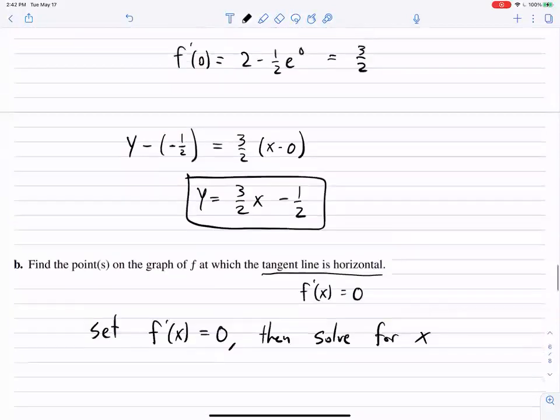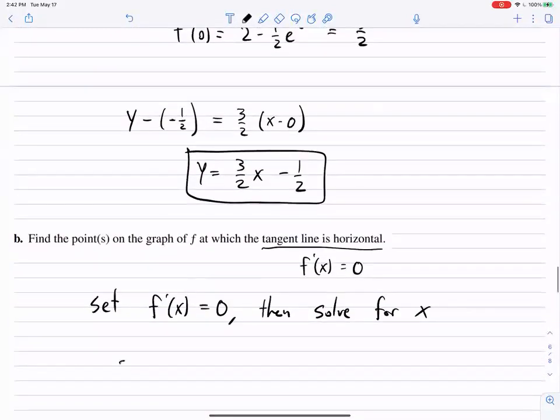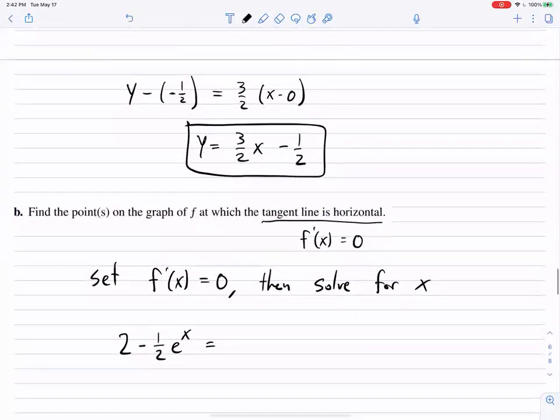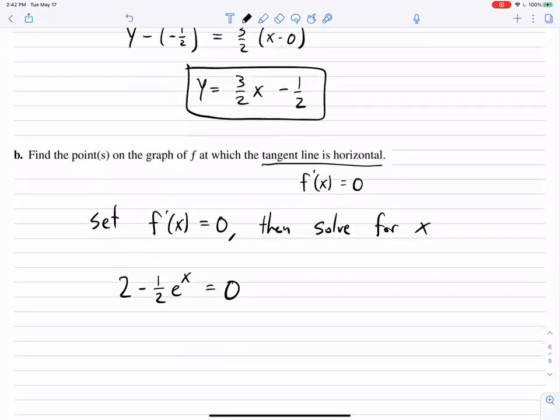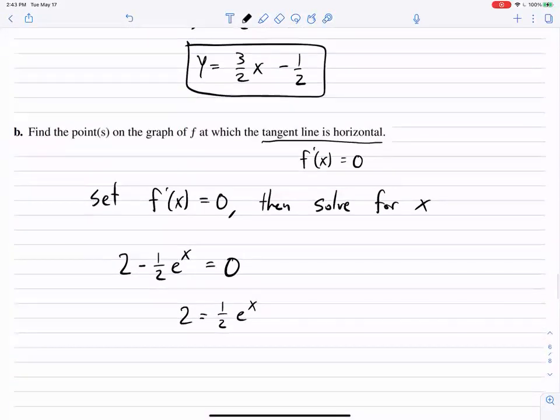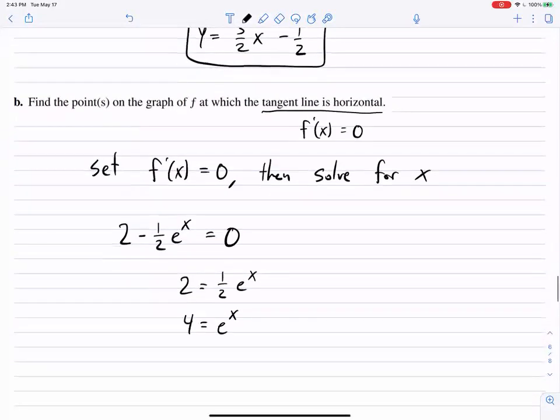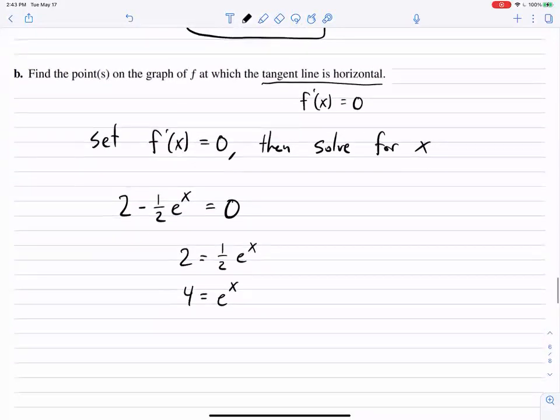And so f prime of x, we said was 2 minus 1/2 e to the x, and set it equal to 0 and solve. So to solve for this, we can add, and you get 2 equals 1/2 e to the x, and then you multiply by 2, so you get 4 equals e to the x. And then how do we solve for x? Well, you take the natural log of both sides. So ln of 4 equals x, or maybe I'll do it like this, ln of e to the x,